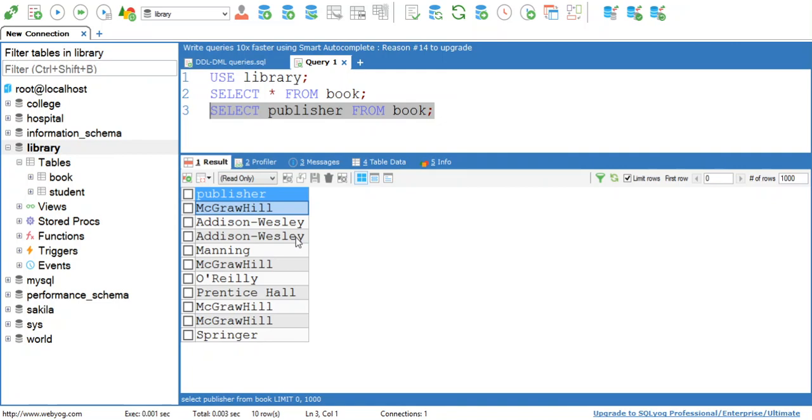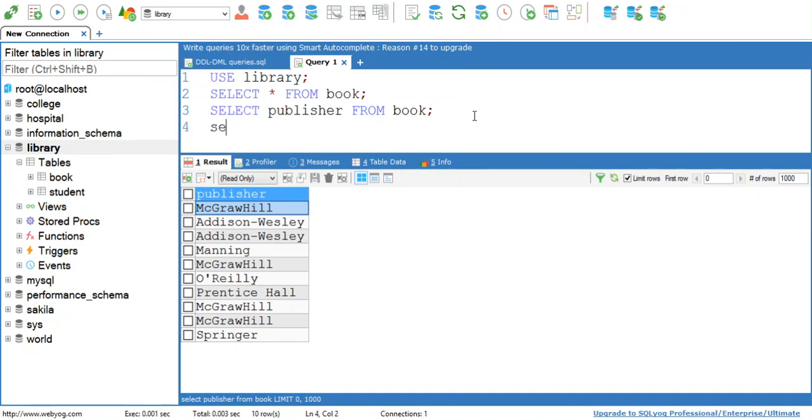Okay, so here unnecessarily 4 rows are given to McGraw-Hill and 2 are given to Addison Wesley publisher, though they are pointing to the same publisher name.